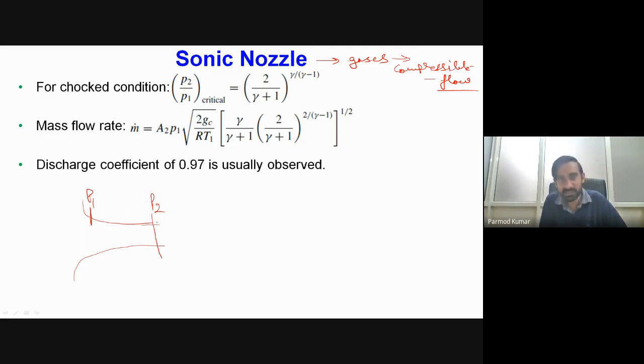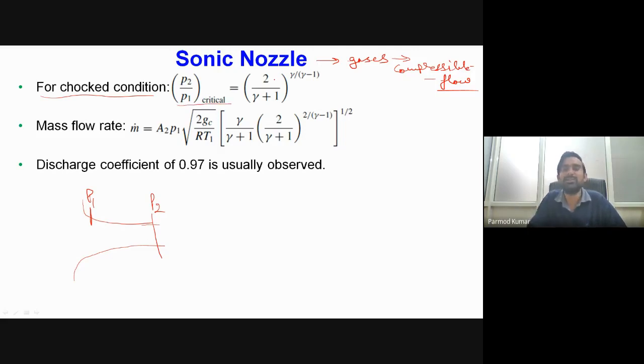irrespective of the outlet pressure, we will be having some fixed flow rate which will be only dependent upon the inlet stagnant pressure which is acting over the nozzle. That particular type of situation is referred to as choked condition. In this choked condition, whatever pressure drop we get across the nozzle is nothing but our critical pressure drop.